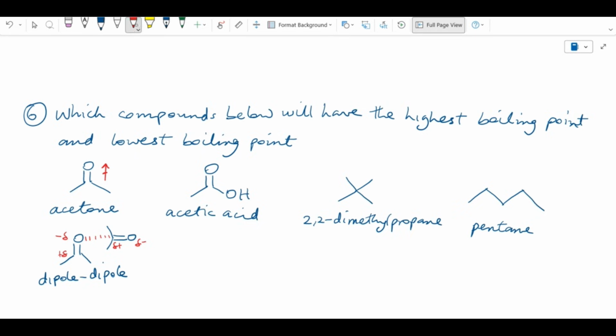In acetic acid, since we have a hydrogen that is connected to the most electronegative atom in the molecule, this compound could do hydrogen bonding interaction. What this means is that in a molecule of acetic acid,